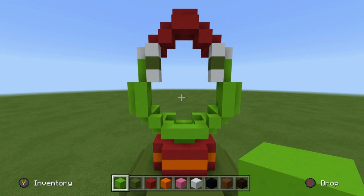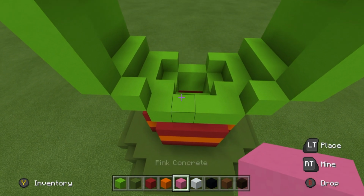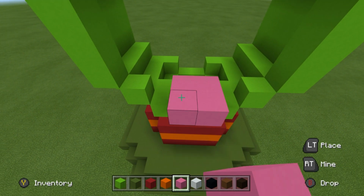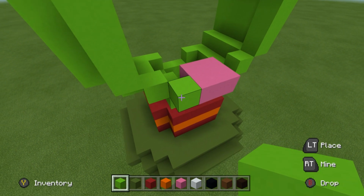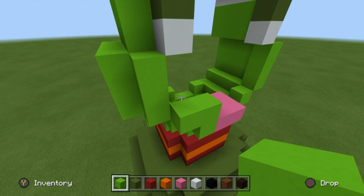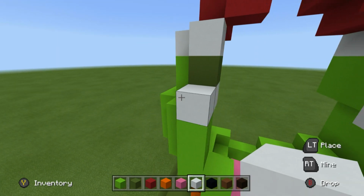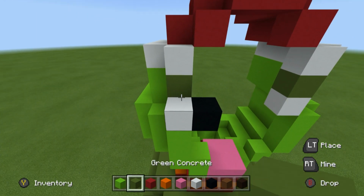What we then want to do is for the next layer here, I want you to place pink concrete on top of these 2 bottom center lime concretes. Extend the pink towards you, place a lime concrete left of this, go up on top of it, left 1, up by 2, 1, 2, place a white concrete, place a black right of that, place green concrete on top